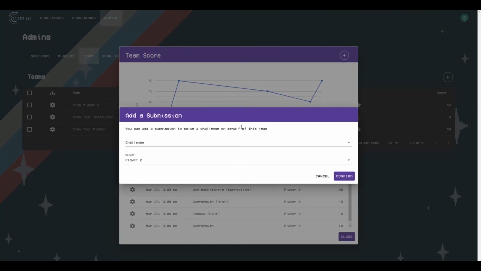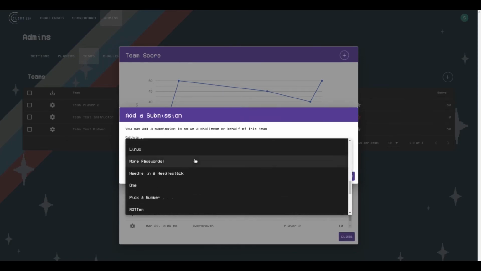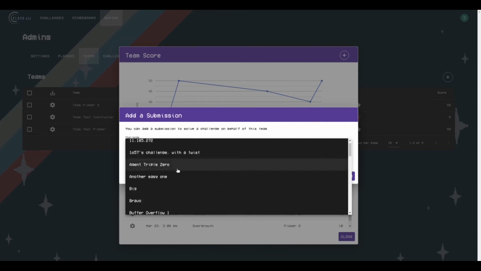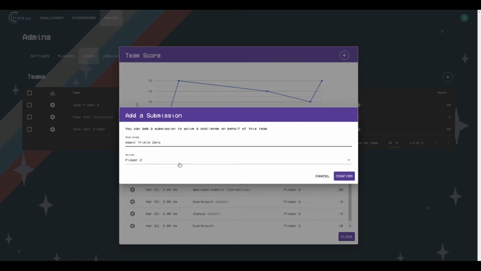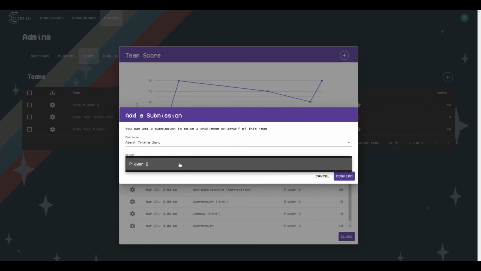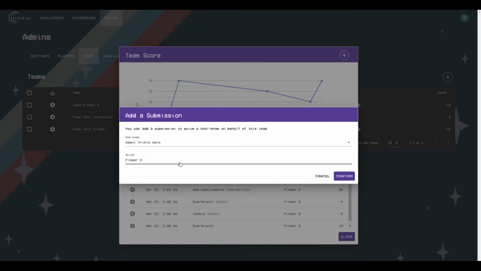And we'll have the add a submission pop-up box come up. And all we'll have to do is choose any challenge within this list. These are all the challenges that are currently added to the CTF. Let's say Agent 000. And we need to attribute the challenge solution to a certain player. So in this case, we'll just say player 2. When we hit confirm,